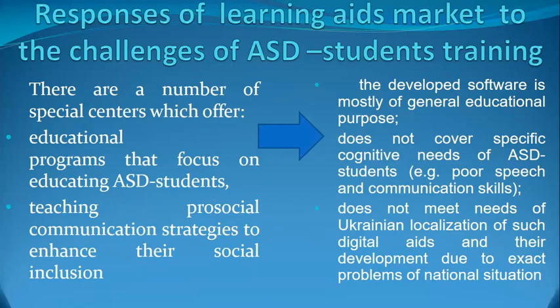Thus, it's necessary to develop approaches to special digital aids design based on the psychological peculiarities of these students' training. One of the problems in this aspect is connected directly with Ukrainian localization of such digital aids and their development due to the exact needs of the national situation in the lines of provision of the students'